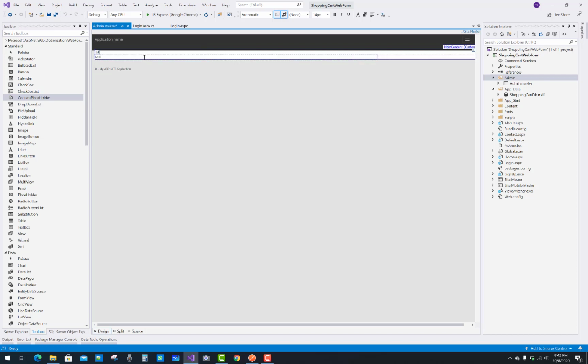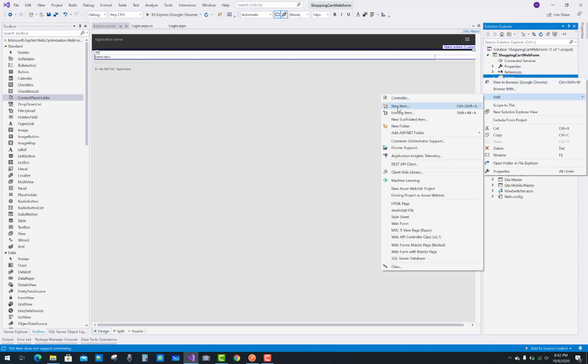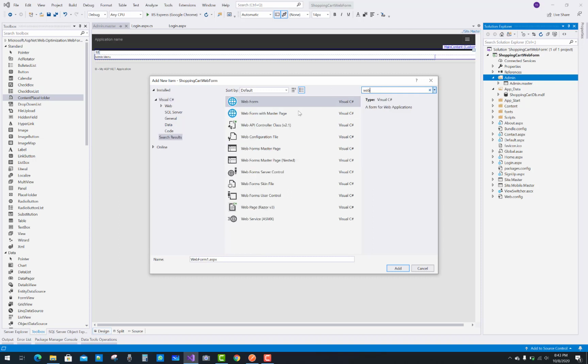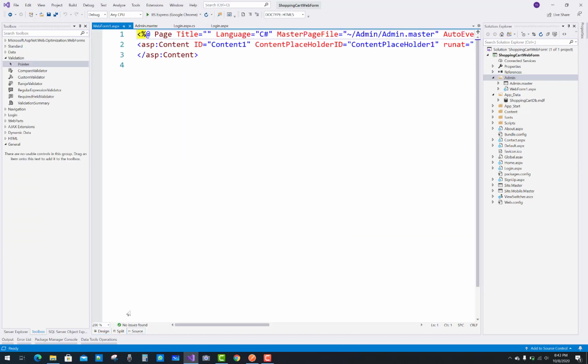In the first cell, add a menu, and in the second cell you have to add content placeholders, and after that you have to add a web form, and that web form will inherit the master page. So a web form with the master page, and select the web form that exists in the admin section.